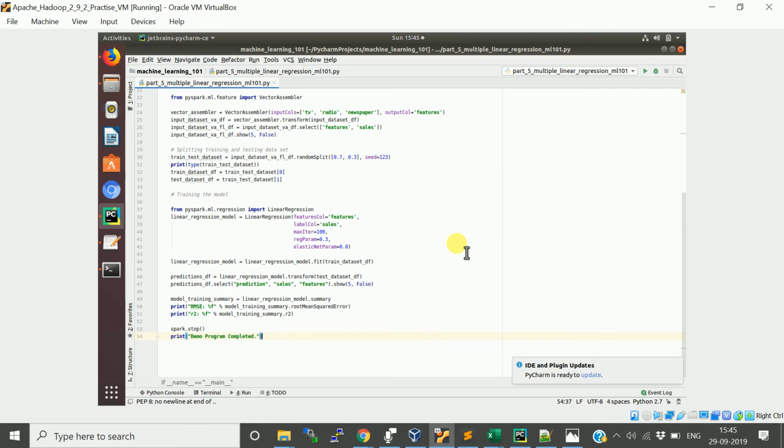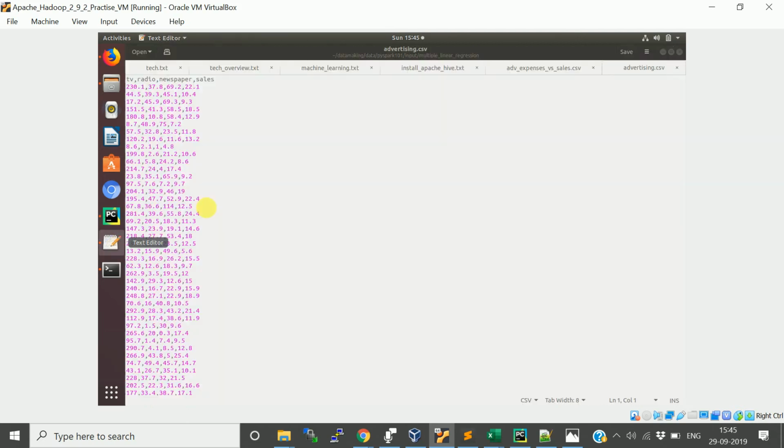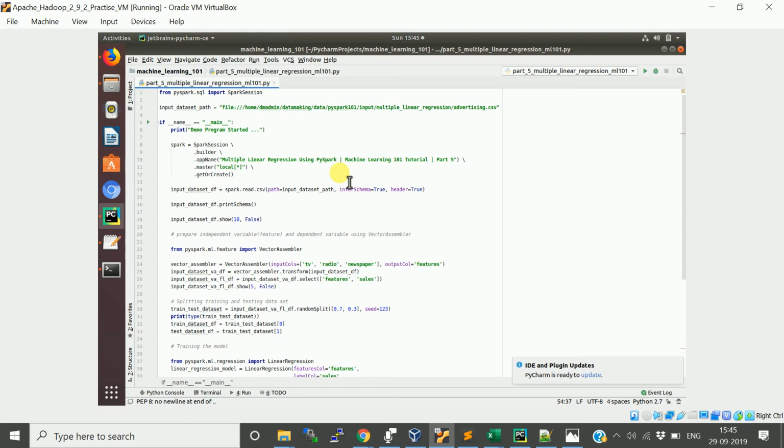I have written a PySpark program to implement multiple linear regression. I took the example dataset which I showed in the slide, which is a CSV file containing the advertising spend on three different communication media: television, radio, newspaper, and the sales figure they got. So this is our input data set. We are going to use this for both the training set as well as the test set. Let me walk through the PySpark program